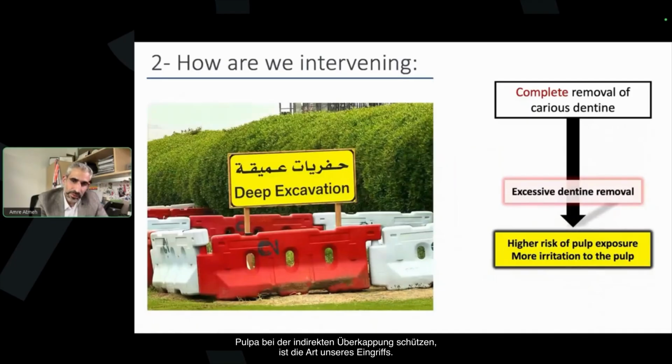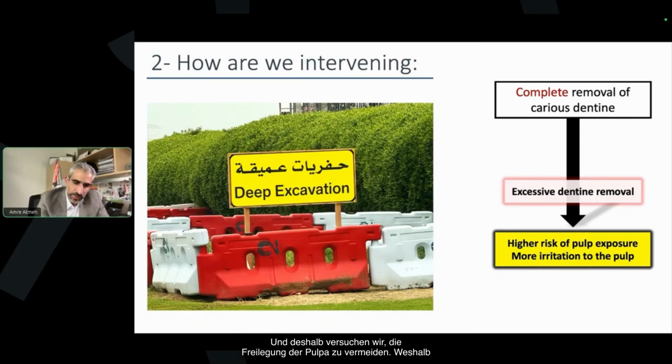The other factor that relates to the way we protect the pulp with indirect pulp treatment is how we are actually intervening, and that's related to our approach in caries removal. And we know that there are different schools when it comes to caries removal. Some may advocate complete, some may advocate selective, which at the end aims to remove the carious part of dentine. But regardless of the approach, we always have to keep in mind that additional or excessive removal of dentine